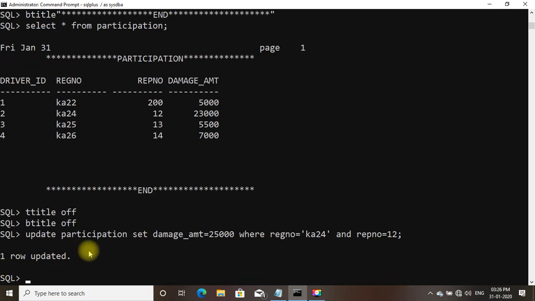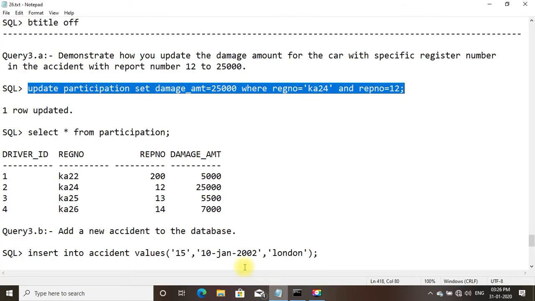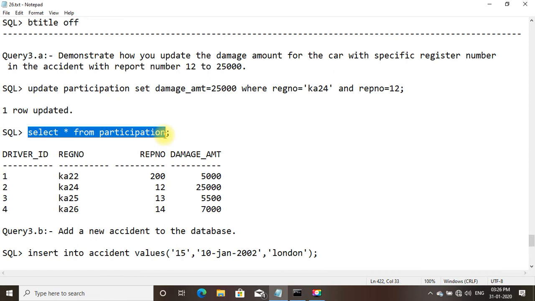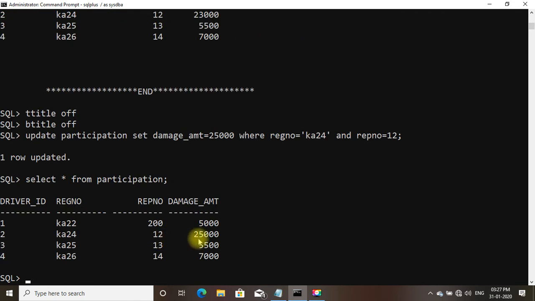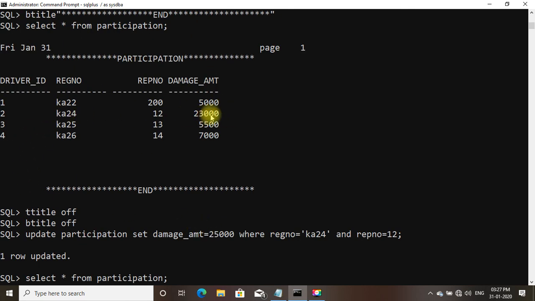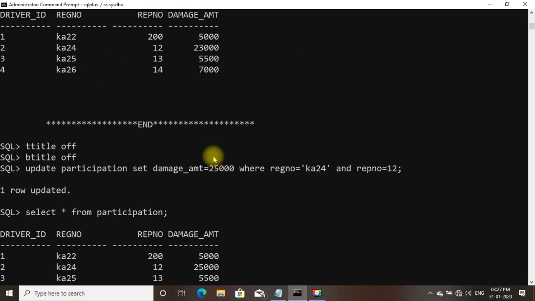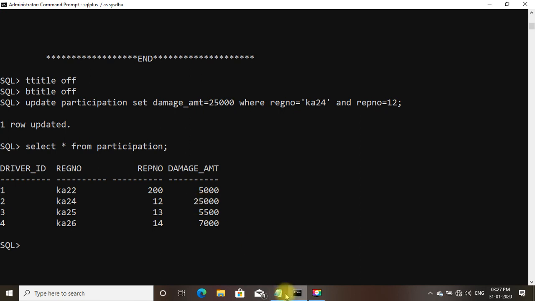So you can see one row updated. Now if you do select star from participation, here you can see the damage amount has been updated to 25,000. Before it was 23,000. Now it is 25,000.